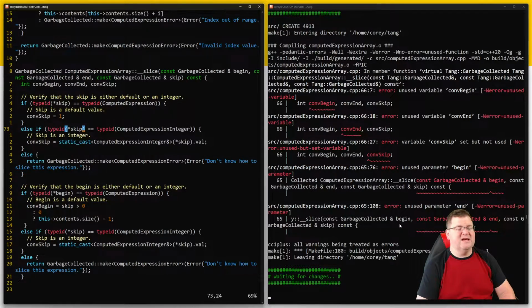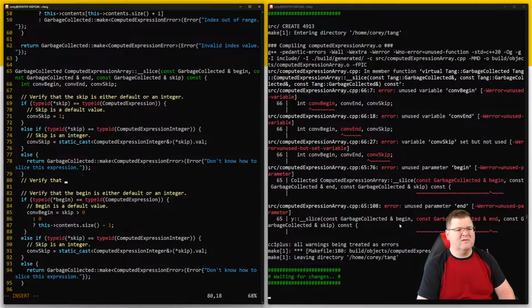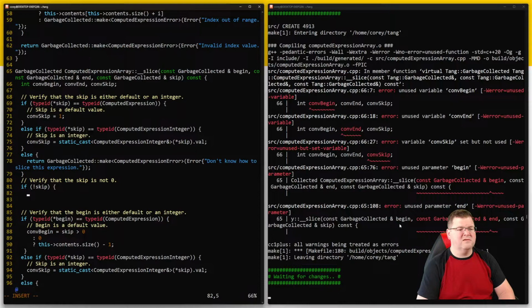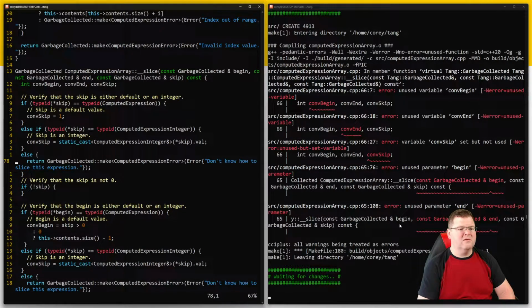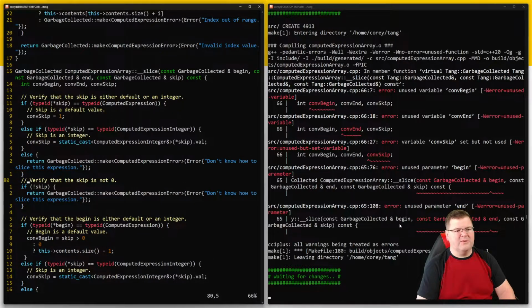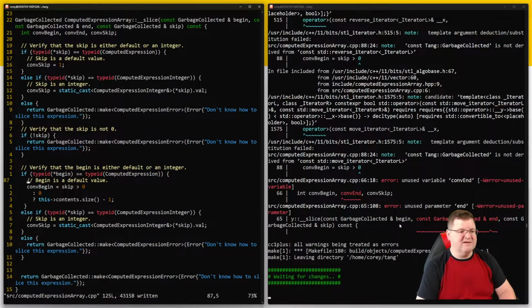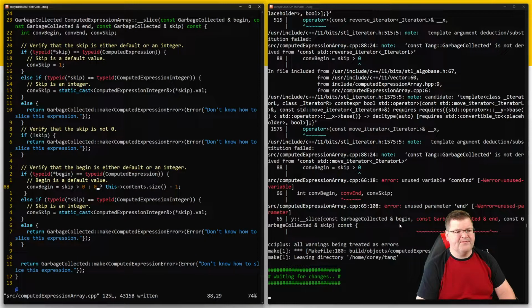Now, if skip is double equal to 0, if not skip, then that's just so that we can't have a, yeah, skip a 0. Okay. Begin is that, then